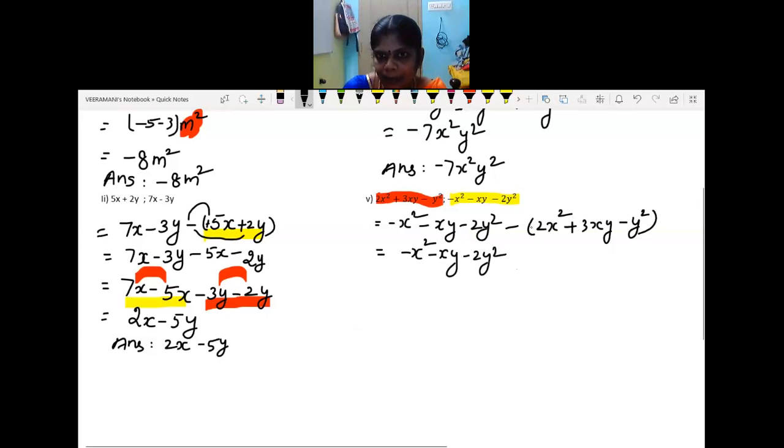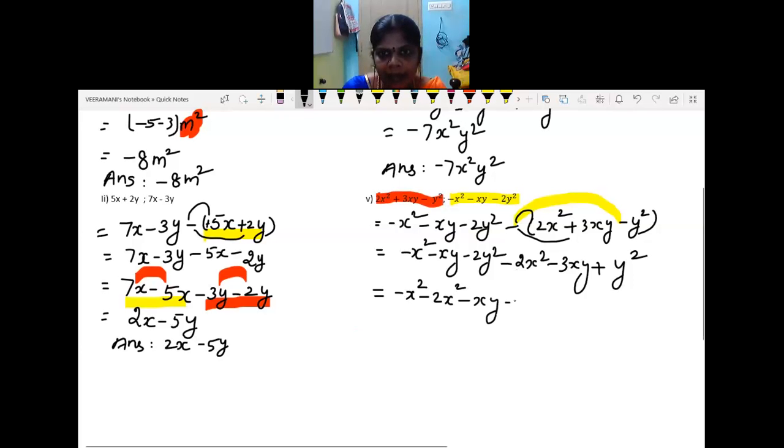The first term plus. So minus into plus you get minus 2x square, minus into plus you get minus 3xy. Next minus into minus you get plus y square. Now grouping the like terms, minus x square minus 2x square minus xy minus 3xy minus 2y square